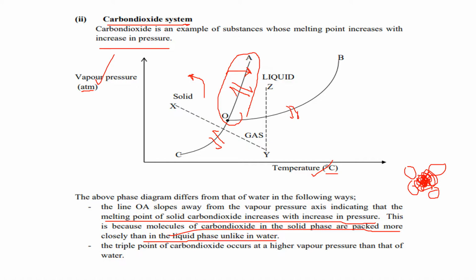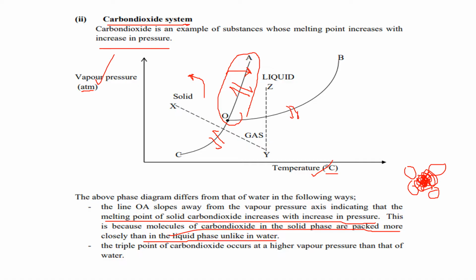That's when you freeze liquid water. But when you freeze liquid carbon dioxide, it is going to contract because it lacks any bonds to form within its molecules. Otherwise, its molecules are just going to be packed closely together on freezing,